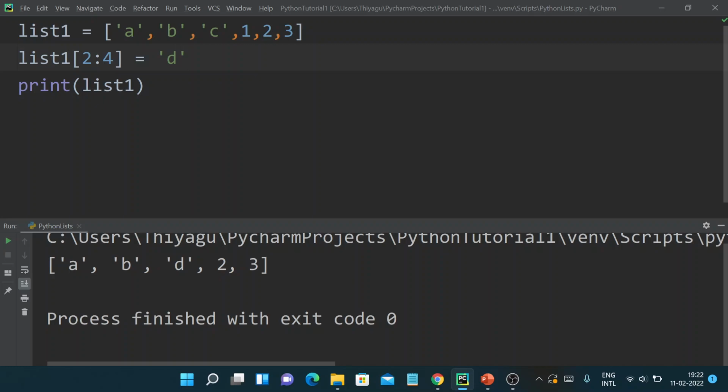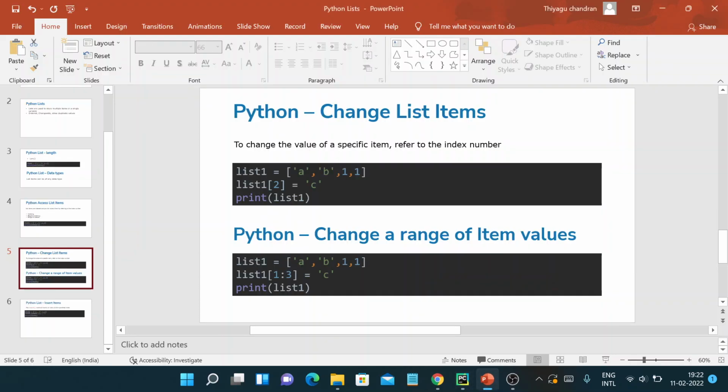And you can also pass multiple values, say 1 comma, let's assign a different number like 5 comma 6, 6 comma 5. So you can assign multiple values to a range of indices also, so a comma b, and 6 comma 5 comma 2 comma 3. So this is something you can also try with the range of indices, right? So moving on,